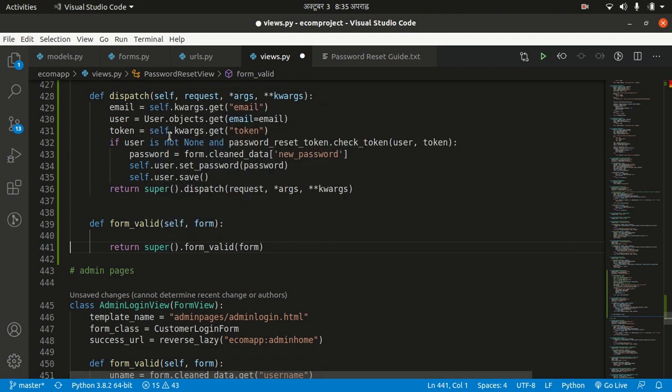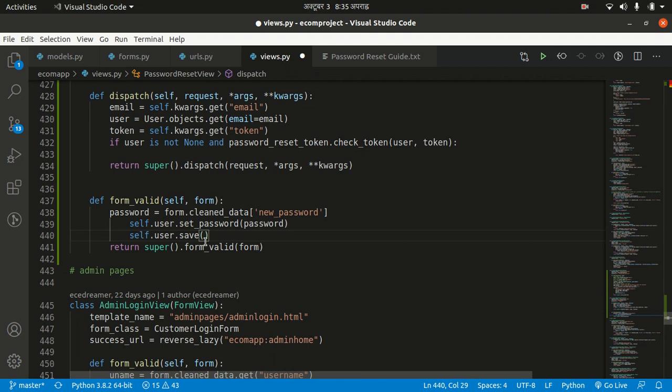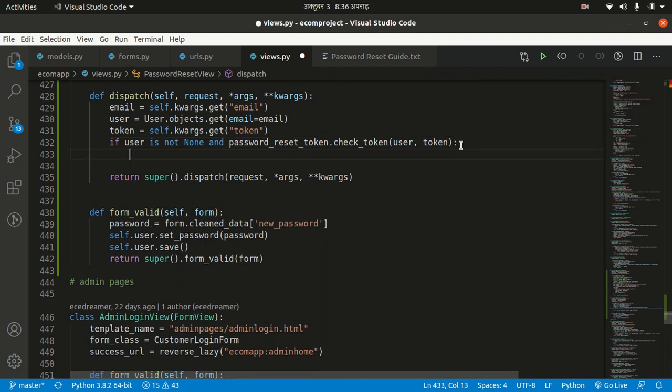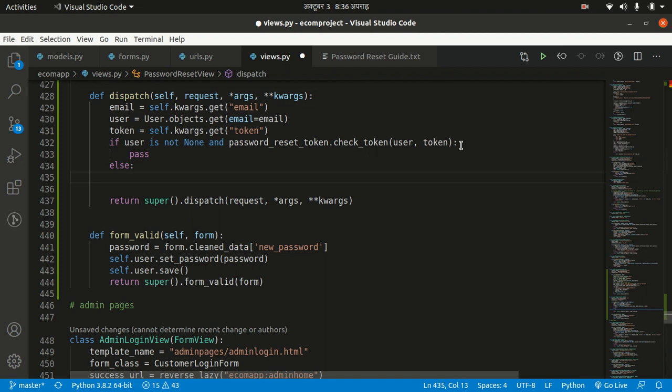Okay, inside the form_valid method I just want to change the password of the user. Let's cut it from here and paste it here, and I'll explain it later. Okay, and here what I want to do is, I have email now, I have user now, and I have token now. And if user is not None and password reset token dot check_token returns true, then we need to use pass here. And else, in the else condition, I want to send the user to which page,